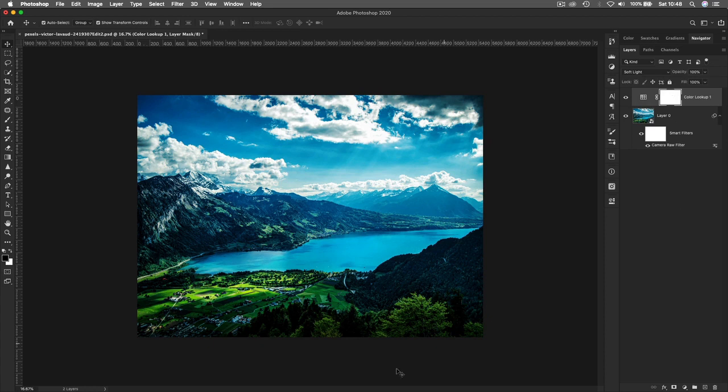Okay, to control the intensity of this spot, what I'm gonna do, when I added this color lookup, you will see this white rectangle here. This is a mask, your mask thumbnail, the mask option. So what I'm gonna do, I'm gonna click on it, and I will make sure that